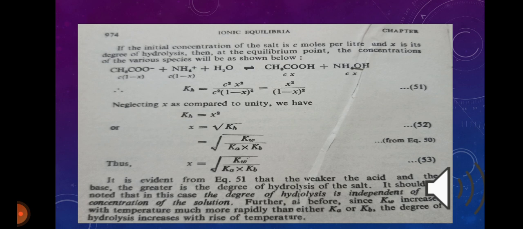So again we are considering only the factors regarding the degree of hydrolysis. As the given acid or base is weaker, the degree of hydrolysis is greater. As the temperature increases, the degree of hydrolysis increases. In this way we have discussed the degree of hydrolysis of salt of weak acid, weak base, salt of weak acid, strong base, salt of strong acid, strong base, and the hydrolysis constant for their reactions.